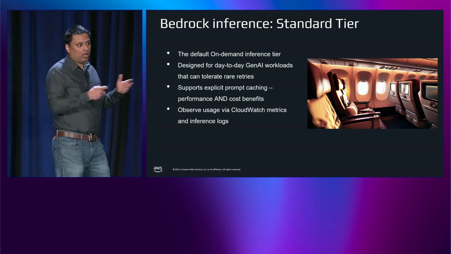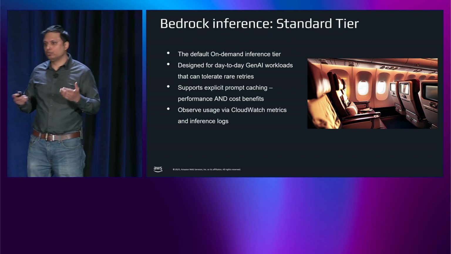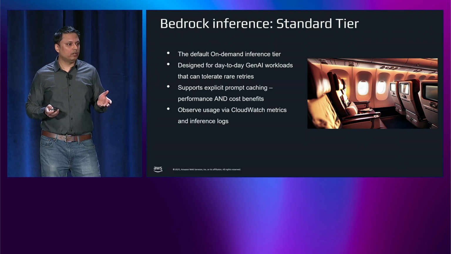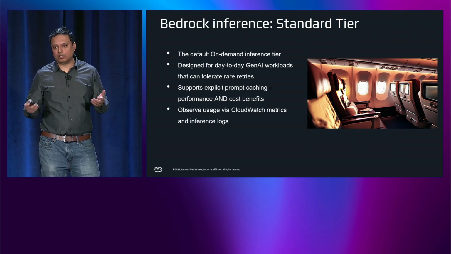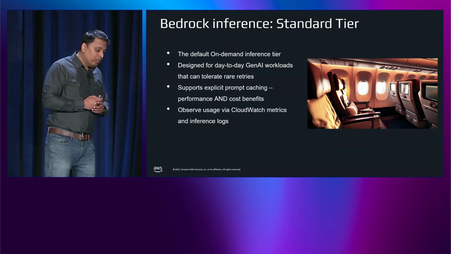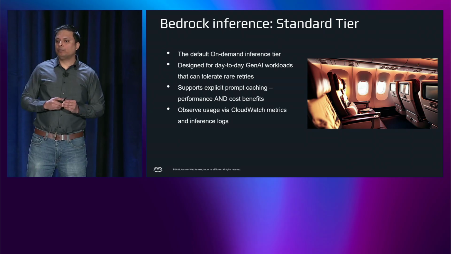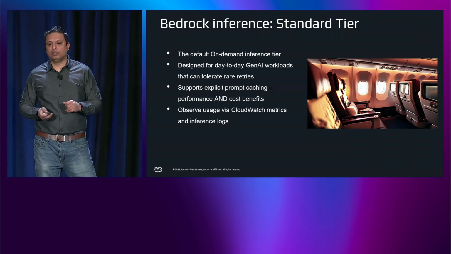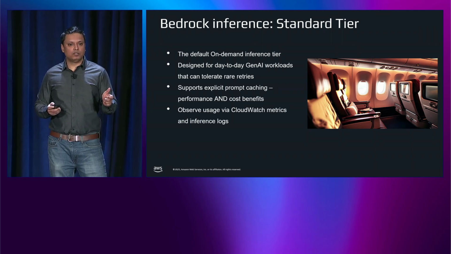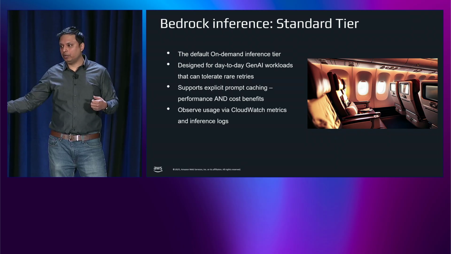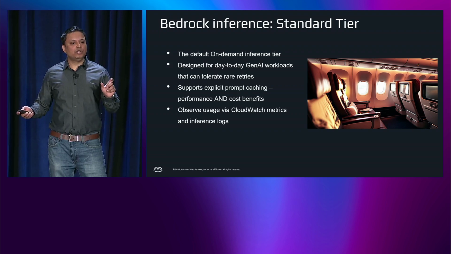So you have all been using the Standard tier when you use Bedrock via InvokeModel or the recently supported OpenAI SDKs like chat completion and, I believe, responses, right? One thing that comes with the Standard tier is explicit prompt caching. Now, prompt caching is a great technique both for performance and cost. Typically, when you need better performance, you have to pay more, right? That's typically how it goes. Better performance, I'm paying a premium. But with prompt caching, you actually get both.